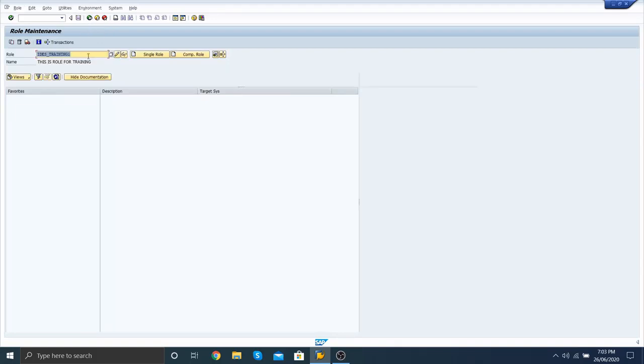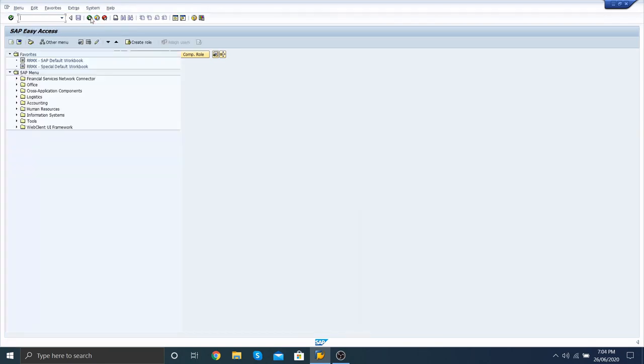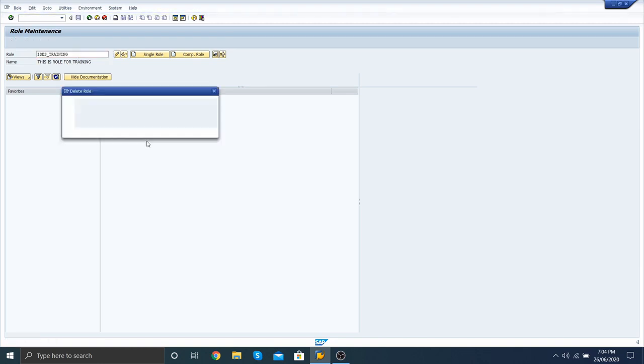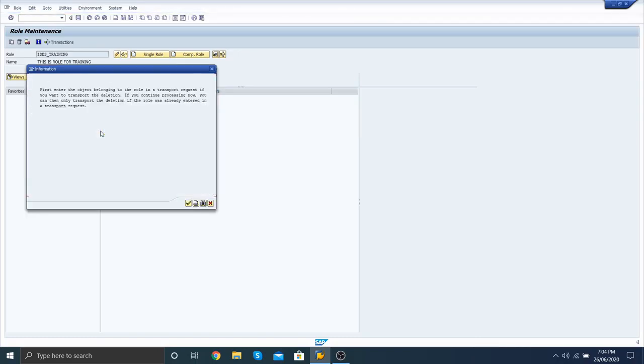If you want to delete this role, go to PFCG, select your role and delete. Do you want to delete the role with all information? Yes, you want to delete.